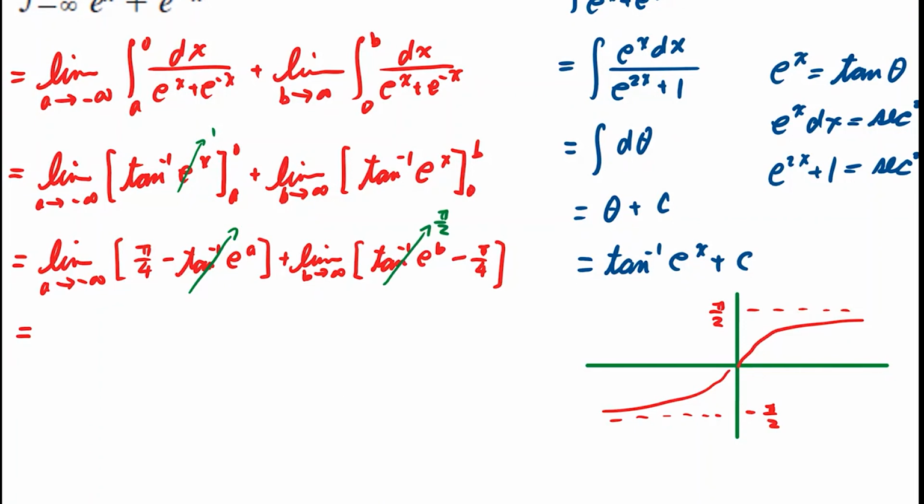Good. Now this one approaches negative infinity. So e to the negative infinity is 0. So this thing is inverse tangent of 0, which approaches 0. You get it? This problem has many different things to consider and think about. So let's summarize. So we have pi over 4 minus 0. And then we have pi over 2. And then minus pi over